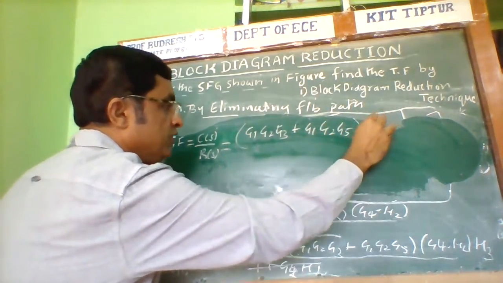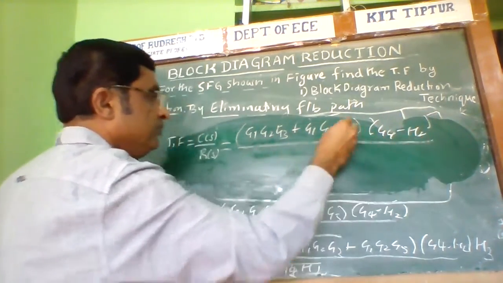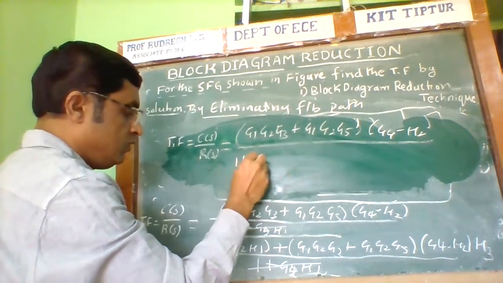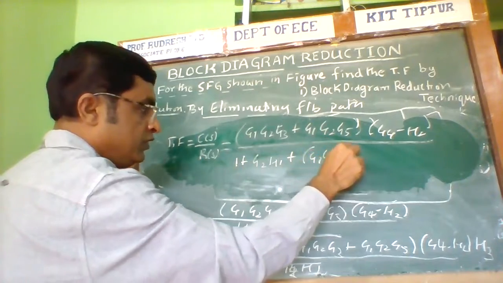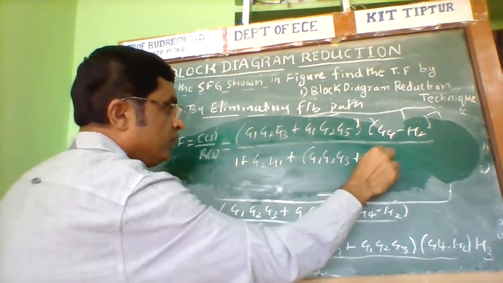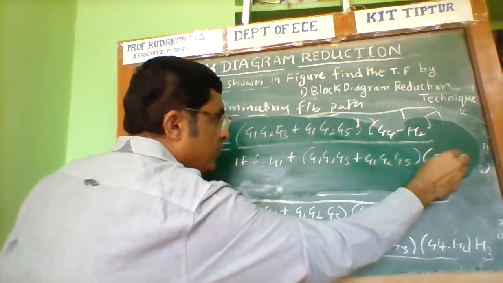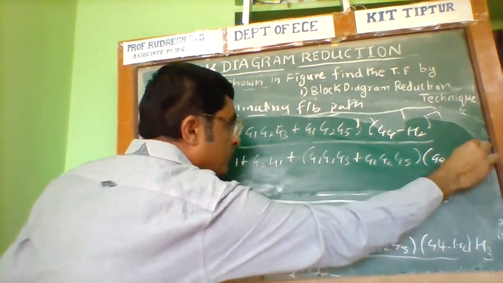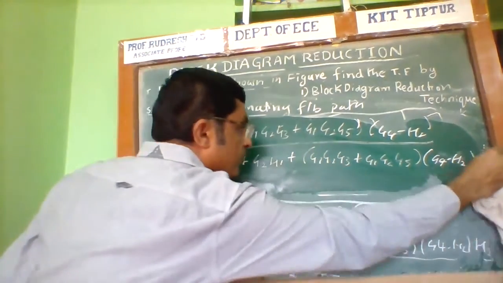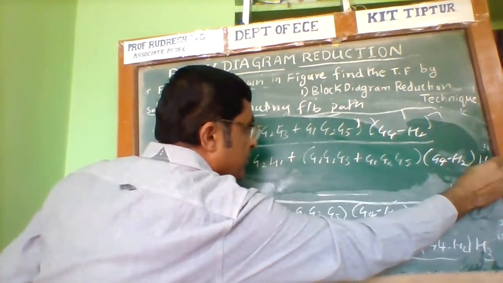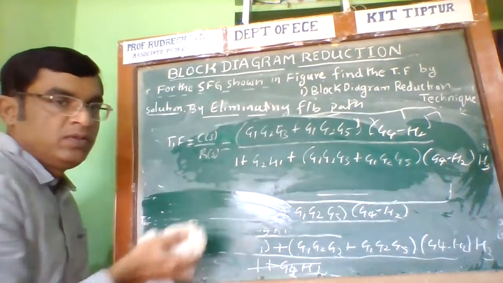This must be multiplied with G4 minus H2, divided by, we should write down 1 plus G2 into H1 plus G1, G2, G3, G1, G2, G5, so G4 minus H2 into H3. Now this is the required transfer function of the